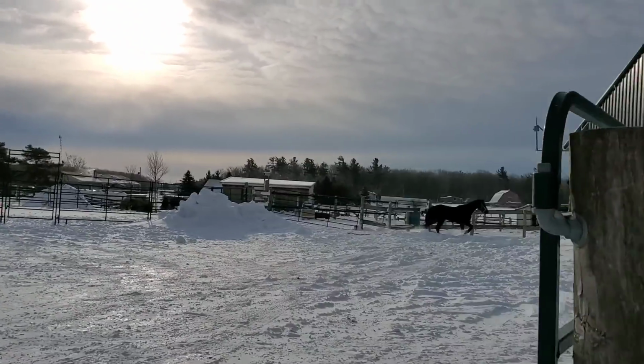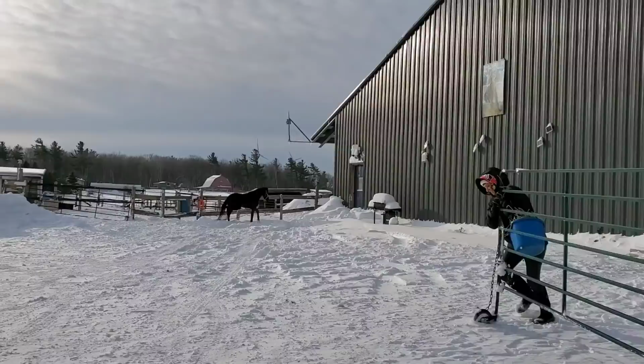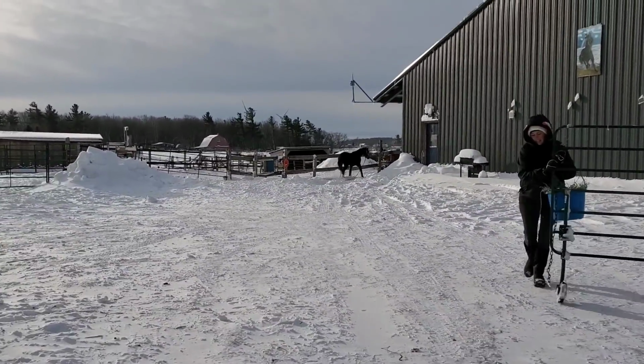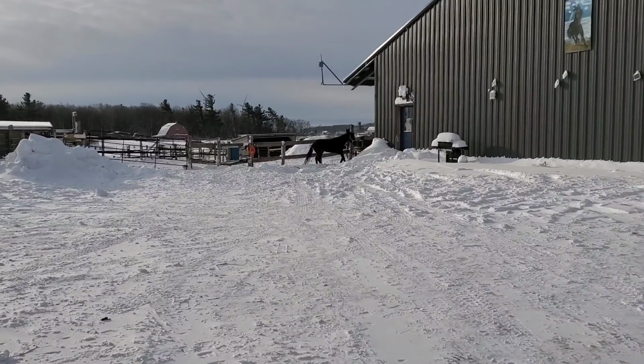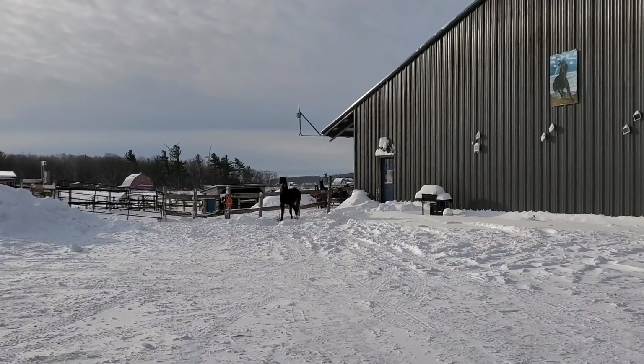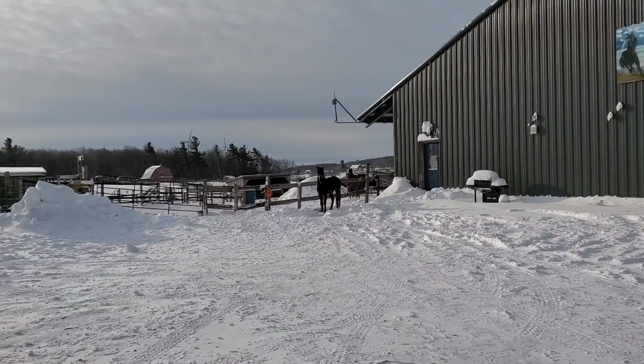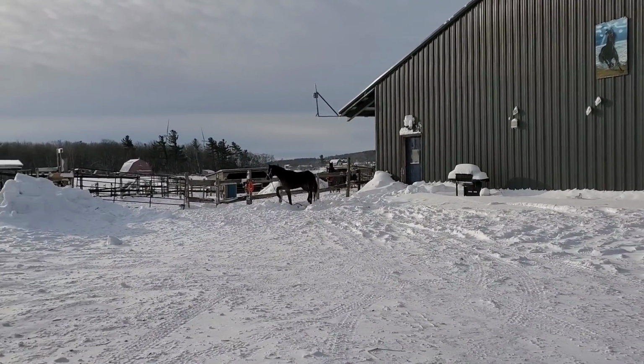I could have maybe held on to it and been dragged over there. But I thought, you know what, let's go through here and then let's shut these gates. That way, if he tries to run back to his other pen, at least we won't be running back and forth between the pens, because that would kind of suck. The way my farm is designed is...